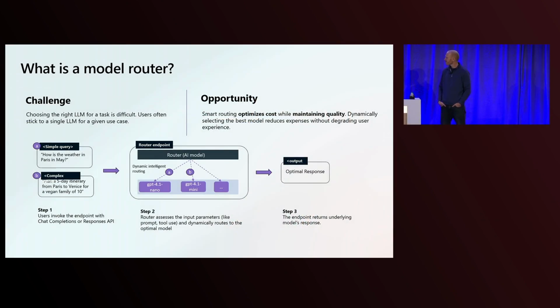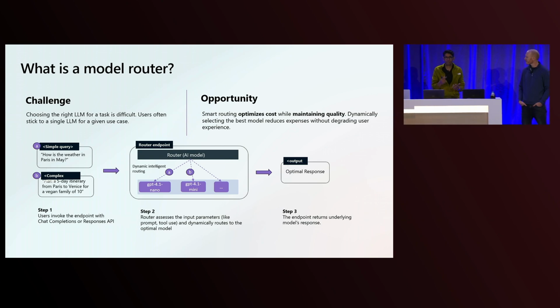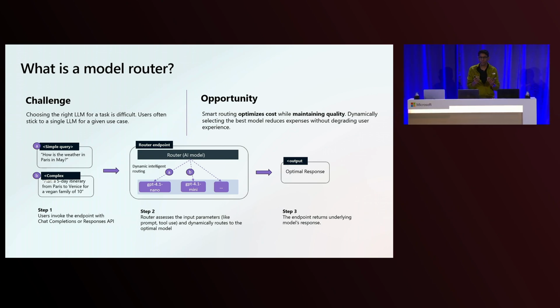All right, so what's a model router, and how does it really route between the various prompts that users provide, right? So the current challenge that users face today is choosing the right LLM for a given task. So for any of the use cases that users have, there are going to be queries that are simple, and there are going to be queries that are complex. The challenge that developers have today is to figure out the right model. And Steve just announced that, in the past few weeks, we have announced everything from 4.1 Nano to O3. So we have Nano, Mini, 4.1, O3, and O4 Mini. How do users select the right model?